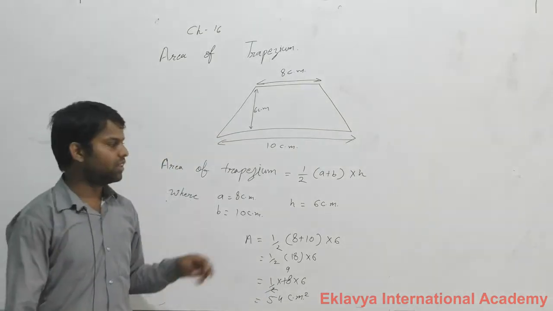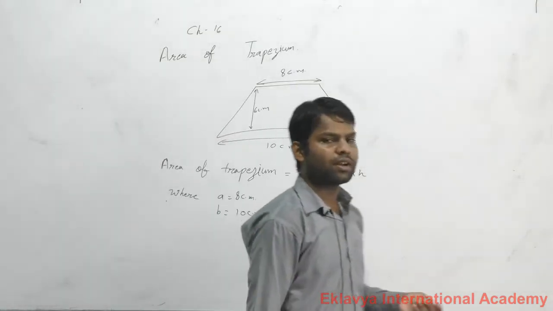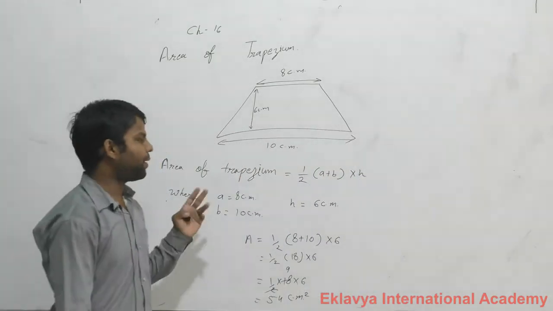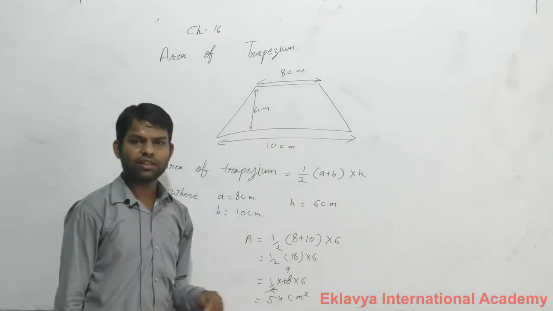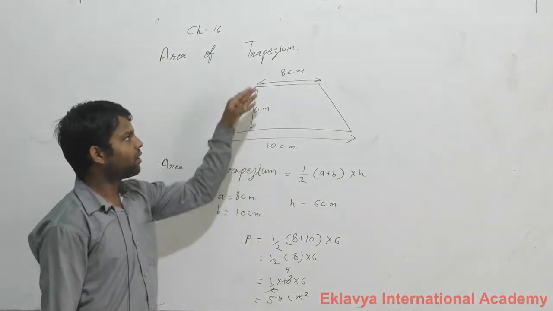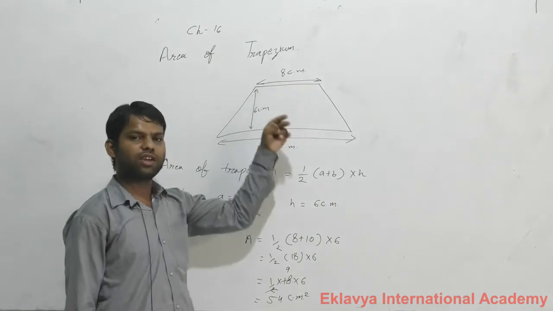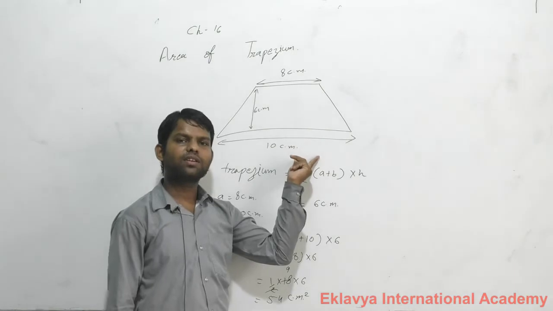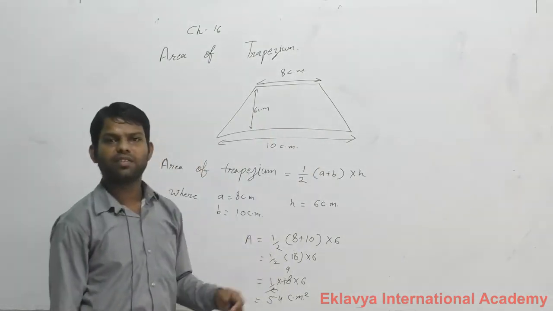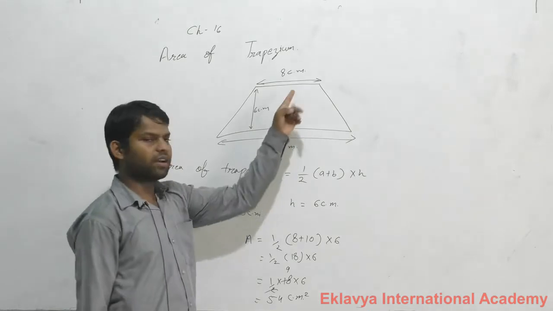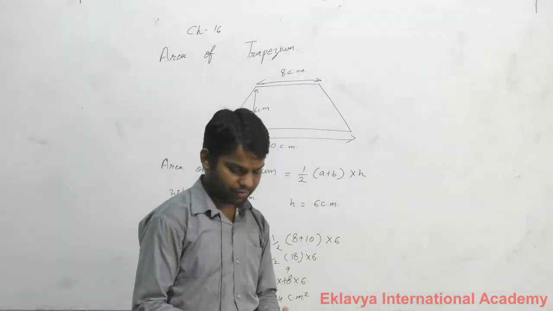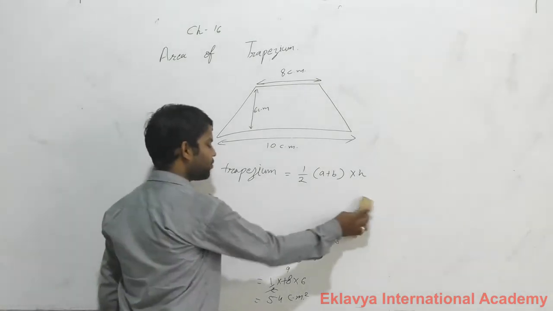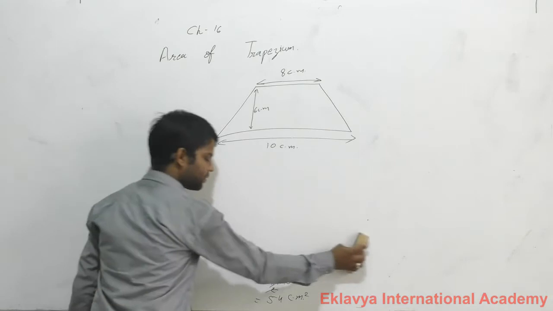So we will do these types of questions if parallel sides and height are given. In the question, if parallel sides and height are given, then first we make a diagram and represent which are the parallel sides. You can assume any parallel side, but smaller is the upper side and larger is the down side. Then 6 cm is the height, or we also say distance between parallel sides. Now in this trapezium we have three types of questions.